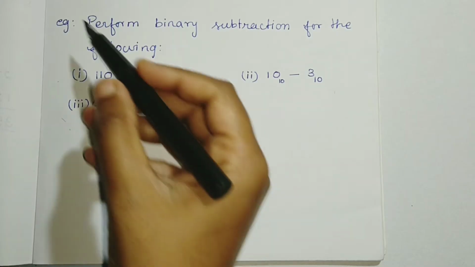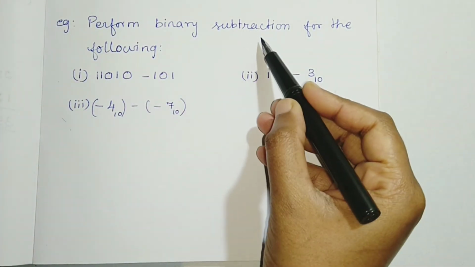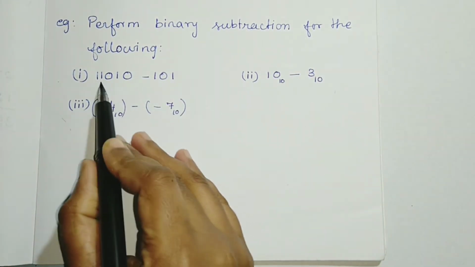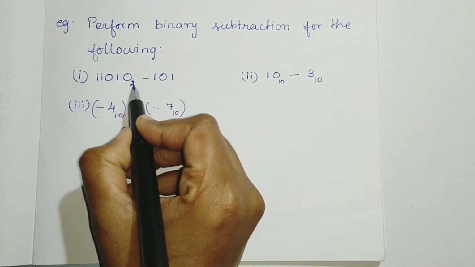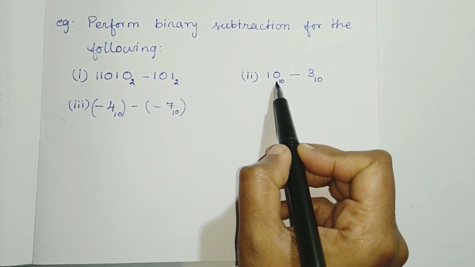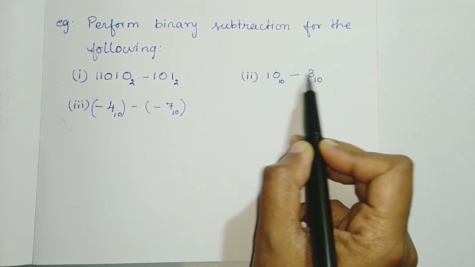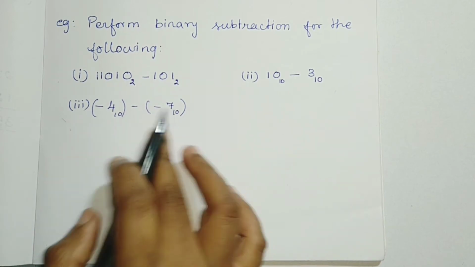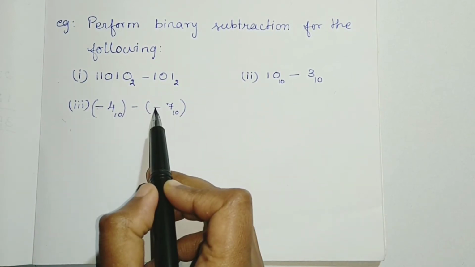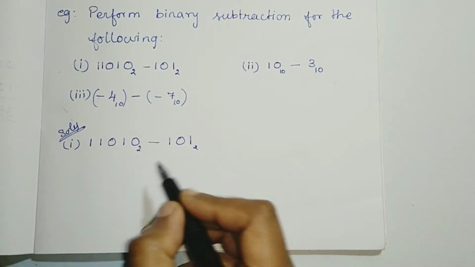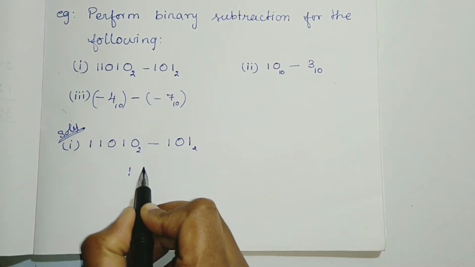So for example, perform binary subtraction for the following. We have three different problems. The first one is binary numbers. You have to identify the numbers by their base. Here binary numbers are given. The second one is two decimal numbers for subtraction. And the third one is two negative numbers for subtraction. So let us try. The solution for the first one, the binary numbers,